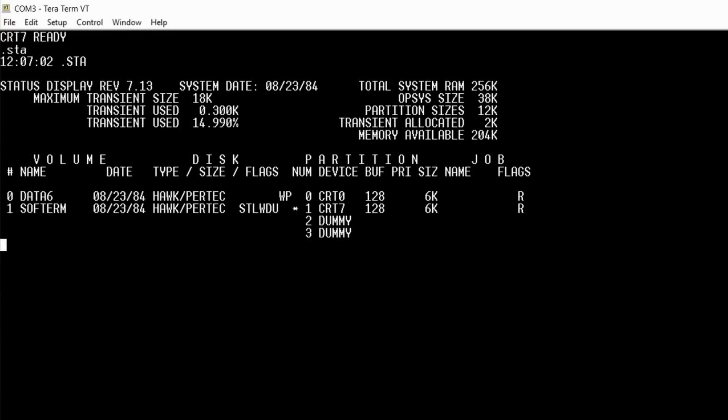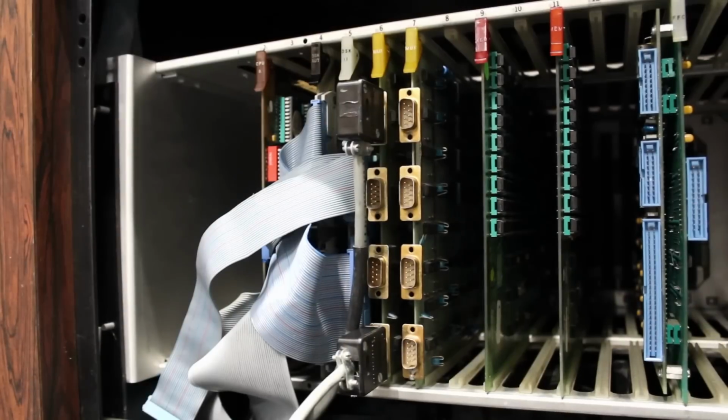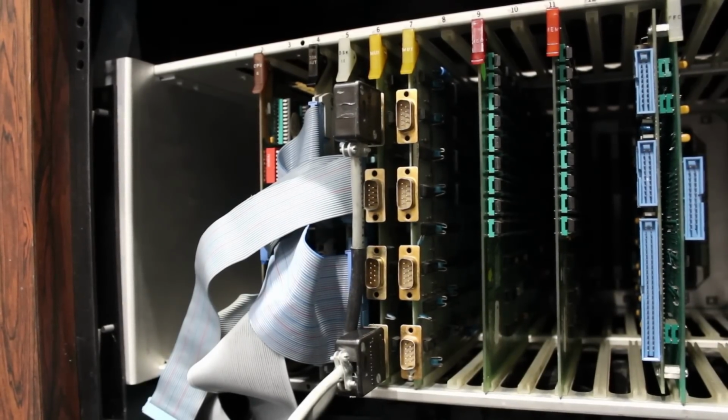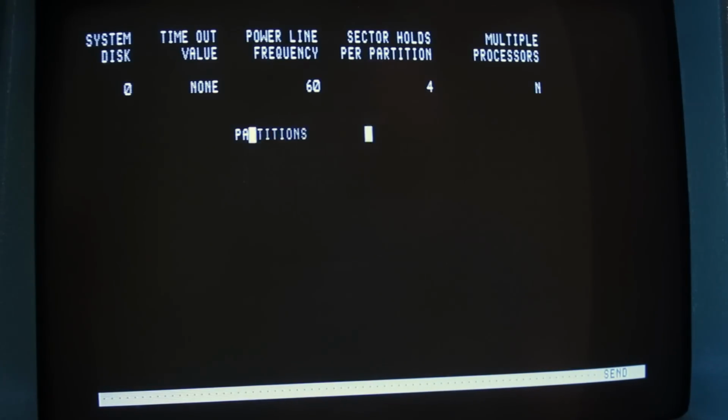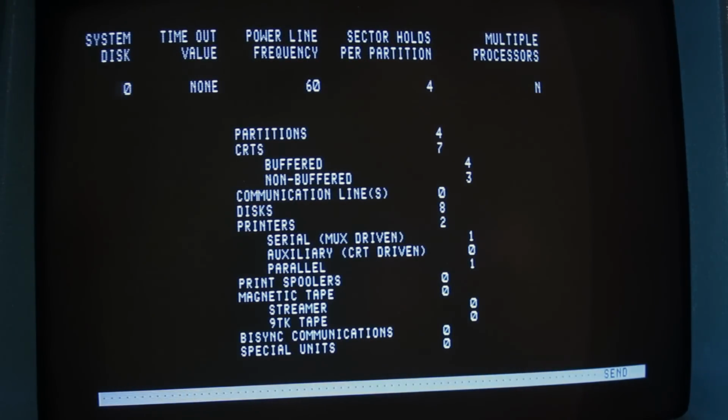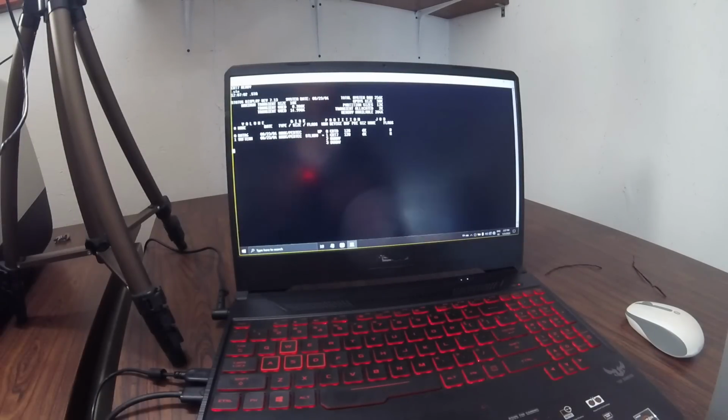Now, it's interesting that it's CRT7 because that implies that there are 2 MUX cards plugged into this system. And if we look down there, yeah, there's 2 working MUX cards plugged in. We've sysgened it so that you can fit 8 terminals on this thing. It's set up for multi-user use. But it's only me, so I'm just using the second terminal here to dump text in,